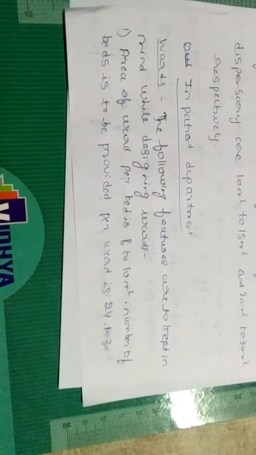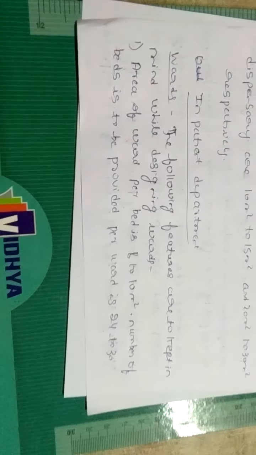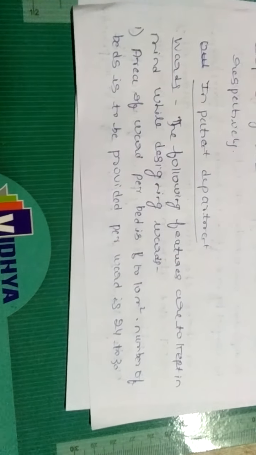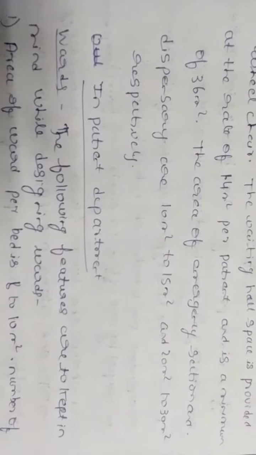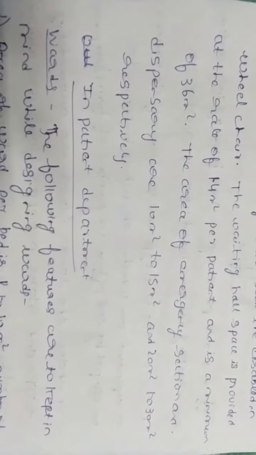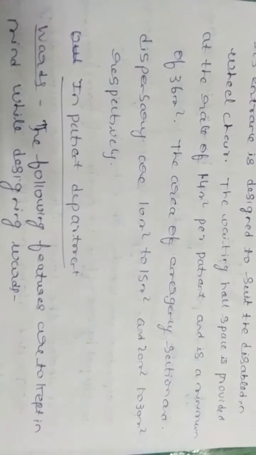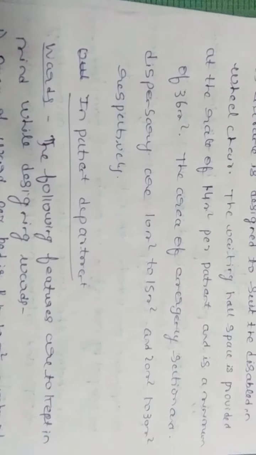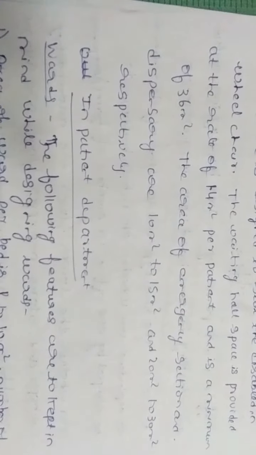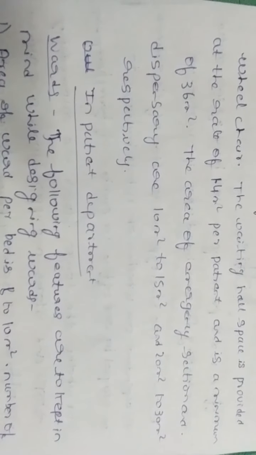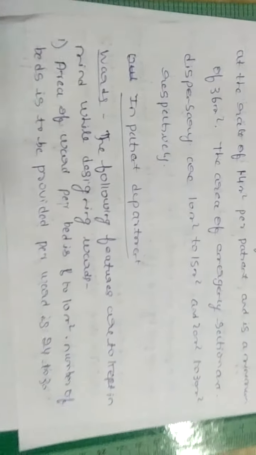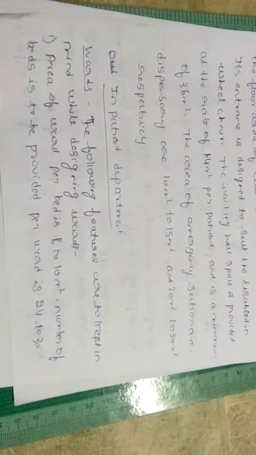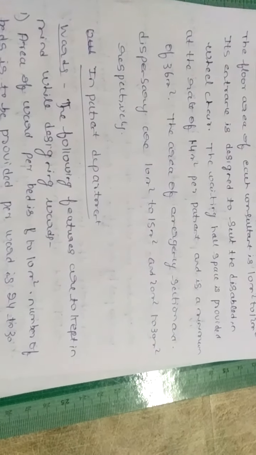Then coming to the number of beds, in a ward there should be 24 to 30 beds as per the standard. But nowadays we are seeing fewer beds, with small rooms having 2 or 3 beds each. But according to the standard definition, a ward should have 24 to 30 beds. So this is about the wards. Let us see the continuation in the next video.